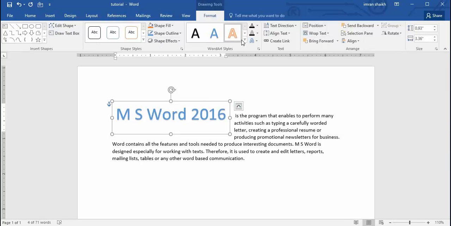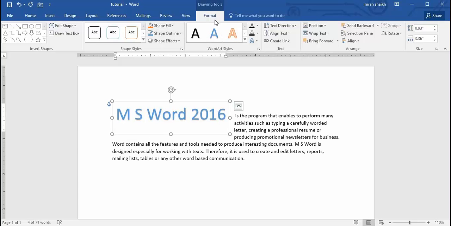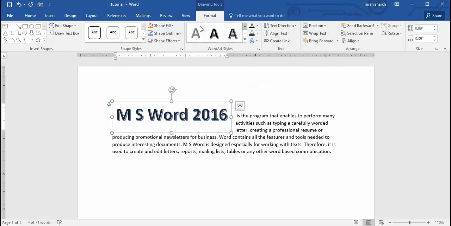See, the moment I click any of the word art styles, an additional tab, the format tab, gets activated. This format tab has a set of varieties of settings available, and we have already discussed each and every option of this format tab in our previous videos when we were discussing shapes. Here you can see we have different types of styles, and we can